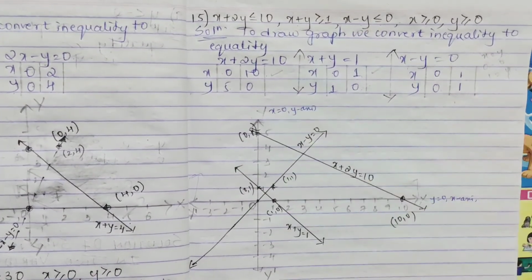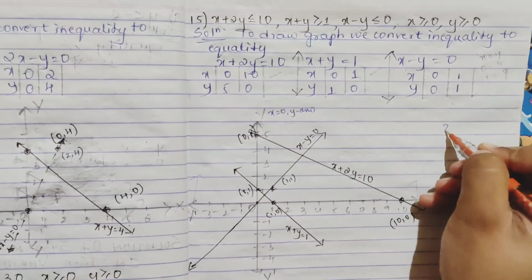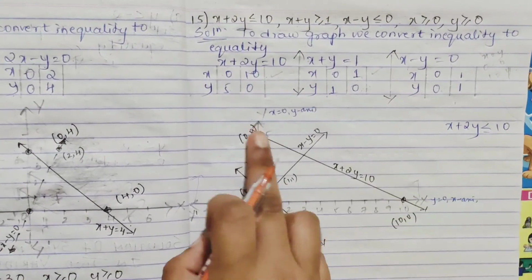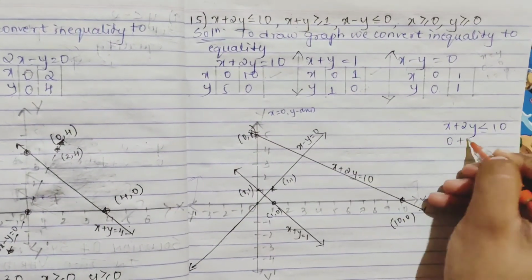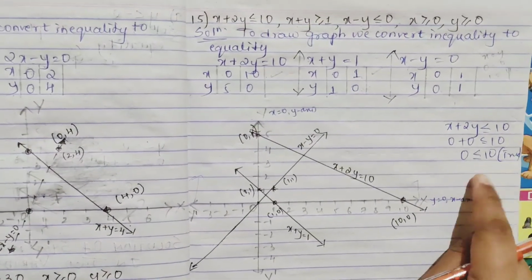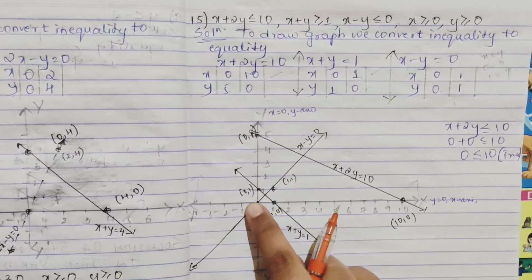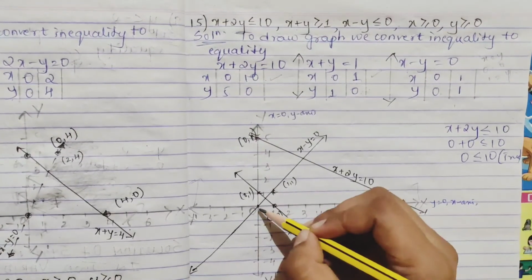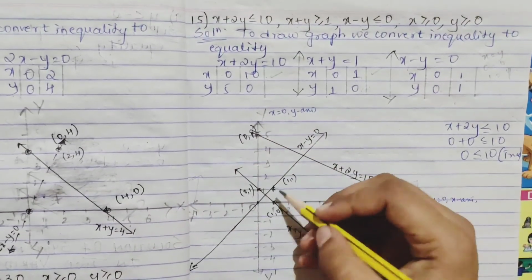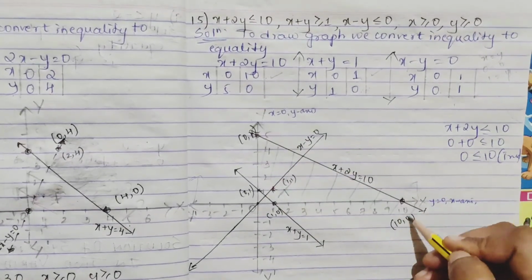Yes. So we'll check our inequality. So x plus 2y is less than or equal to 10. Obviously we are taking 0, 0. See, this line is not passing through 0, 0. So 0 plus 0 less than or equal to 10. 0 is less than or equal to 10. Yes, it is true, right? So this is the section. Your 0, 0 lies here. So please be careful. It lies here, which means this side of the line is your lower half plane. So this is true. Here it will be a shaded region for this line.